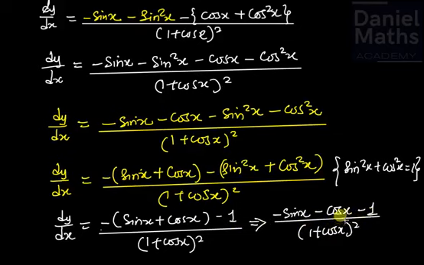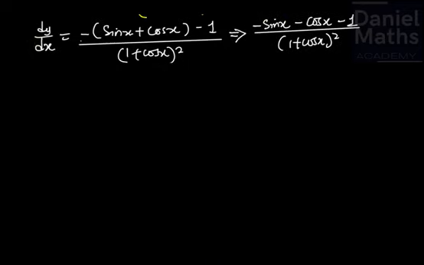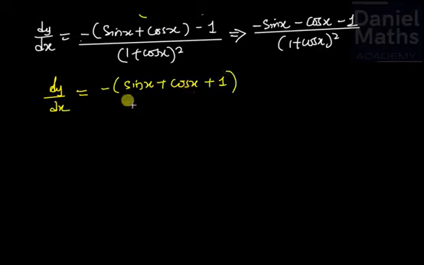Alright, so basically I can still go further from here. Let's write it up here. So let's write it, then I can still go further. If we go further from here, this gives us that dy over dx is equal to minus, so factor out minus sine, and this will give us sine x plus cos x plus 1, all of this being divided by